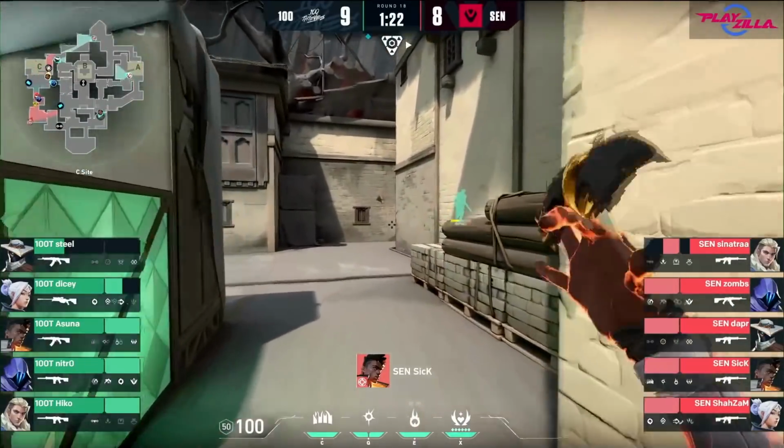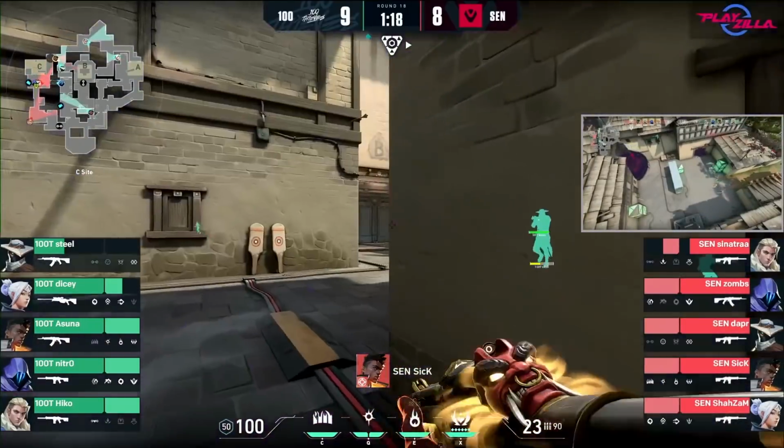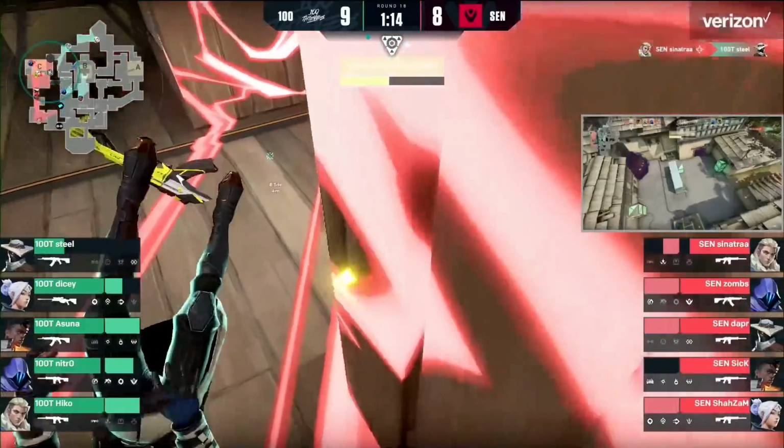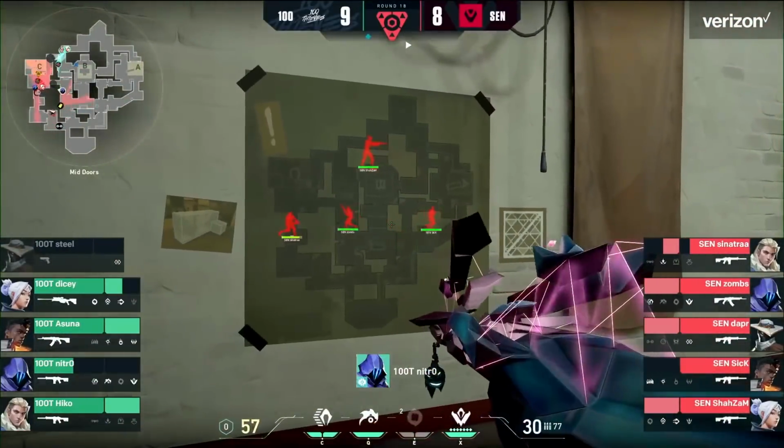Owl drones, that's the past. We have man drones, baby! Sick gets all the way to spawn, spotting Steel and allowing Sinatra to put in work with the Sova ult to get the kill. In all seriousness, this opening of the way with Phoenix allows Sentinels to secure immediate site control